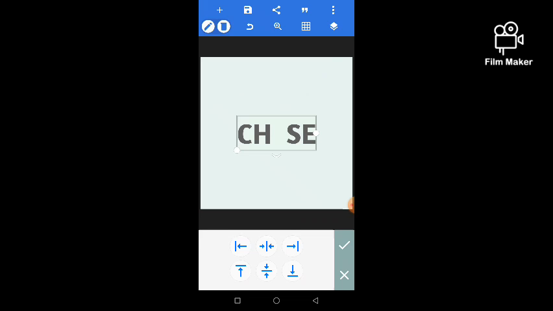So the object will be appearing in the middle. This will make the text be at the absolute center. So you can also make use of it to make your text be at the absolute center, up, left, down, anywhere. So when you are done, click on the mark sign of OK. So the next thing,